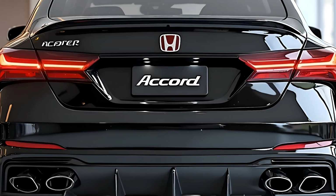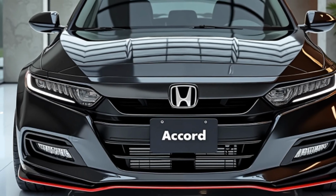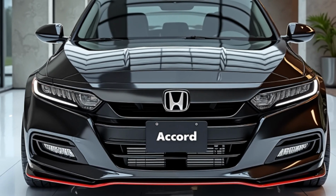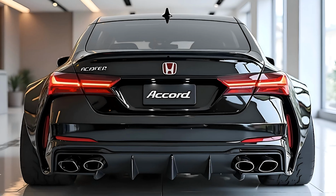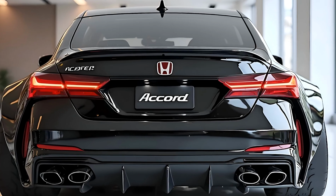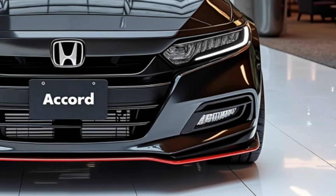Now, let's talk about pricing. The 2026 Honda Accord starts at around $28,000 for the base LX trim, which includes many standard features like LED headlights, digital instrument display, and the Honda Sensing Safety Suite. The mid-level EX trim, which includes more comfort and tech upgrades, comes in around